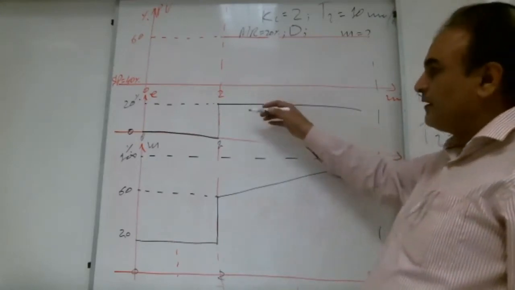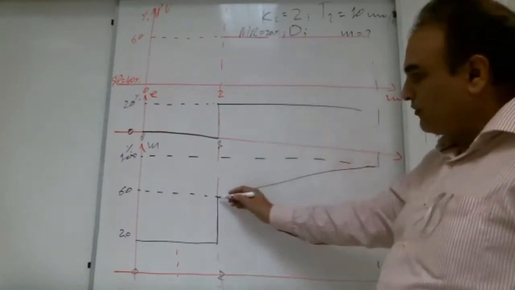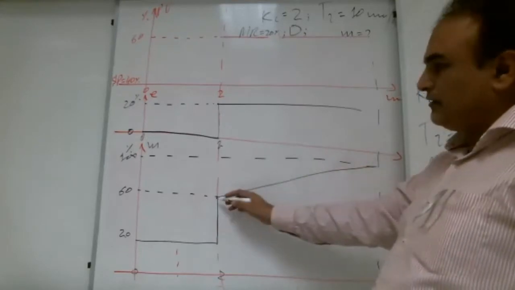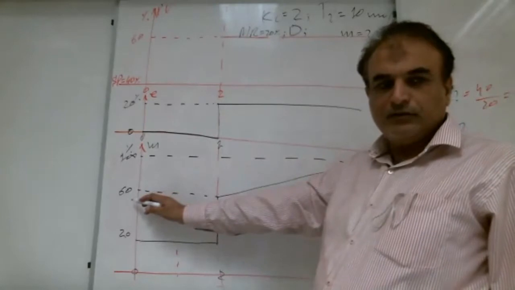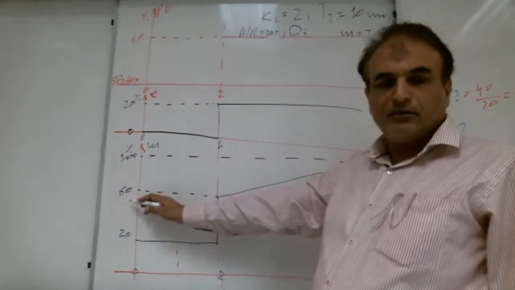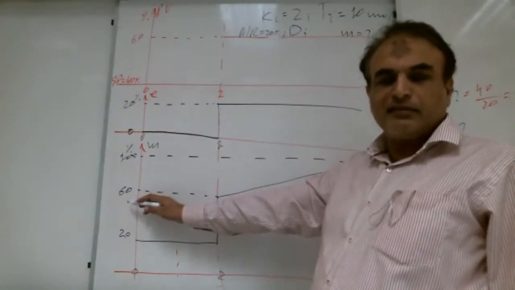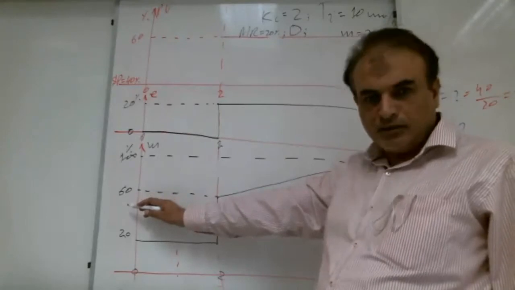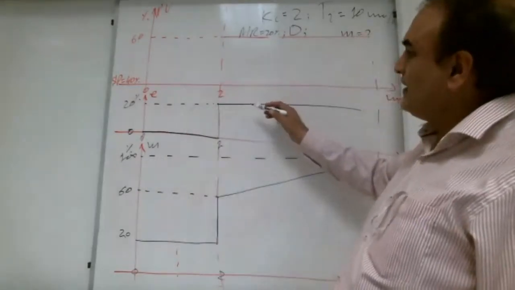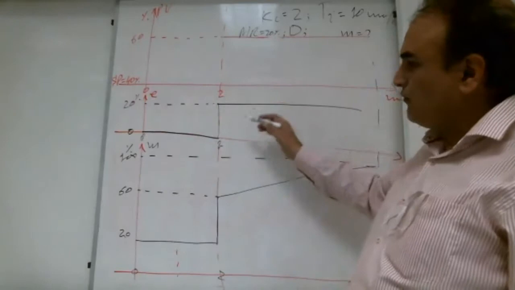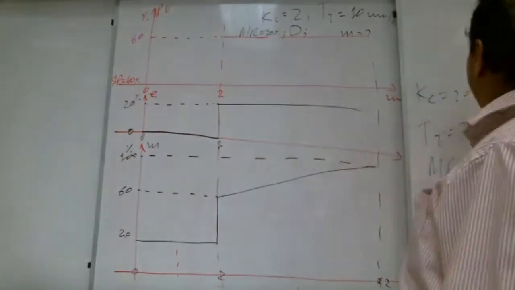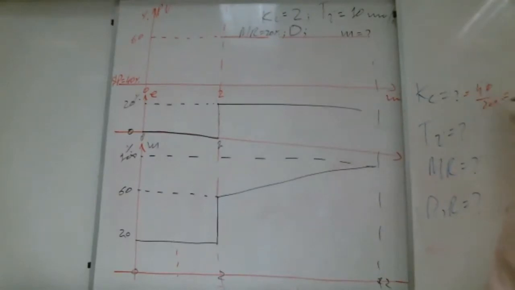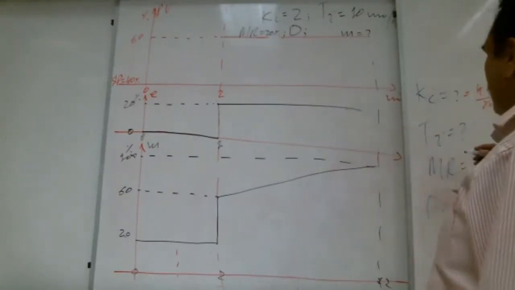See here, from here to here is the integral action, right? 100 minus 60, how much, Shabab? 40. Right? And what is the change in error? 20. So 40 divided by 20, how much? 2. That is what the KC is.